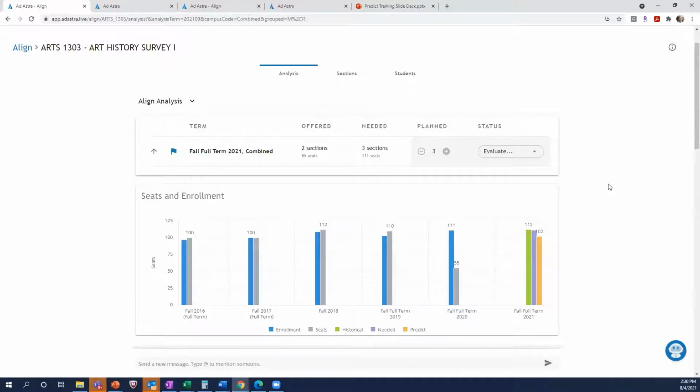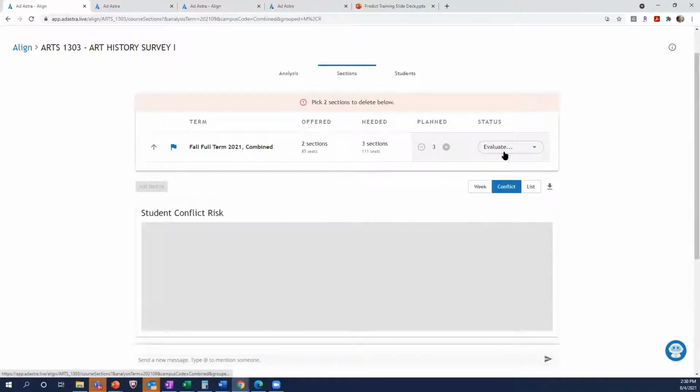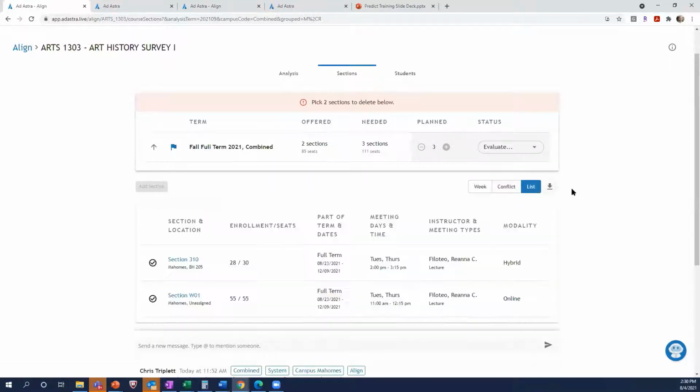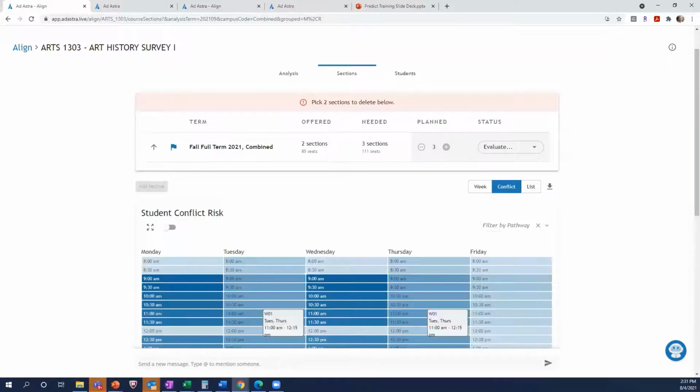Let's say they do go ahead and agree that we need that third section. One of the other questions that comes up is, what time do we offer that section at? So this sections tab here in the middle, when you click on that, you're going to initially get a list of sections that are offered for this particular course. If you flip over here to the conflict graph,